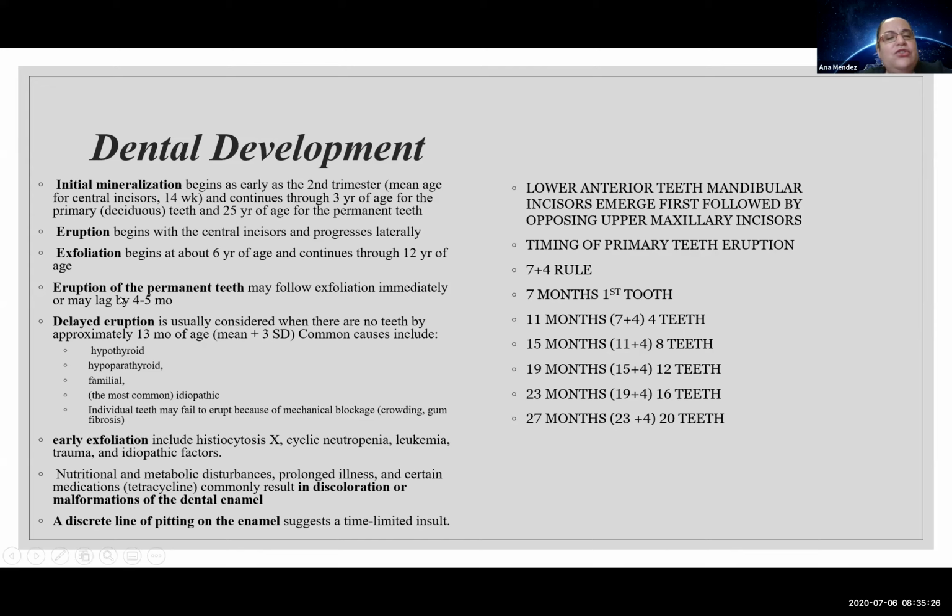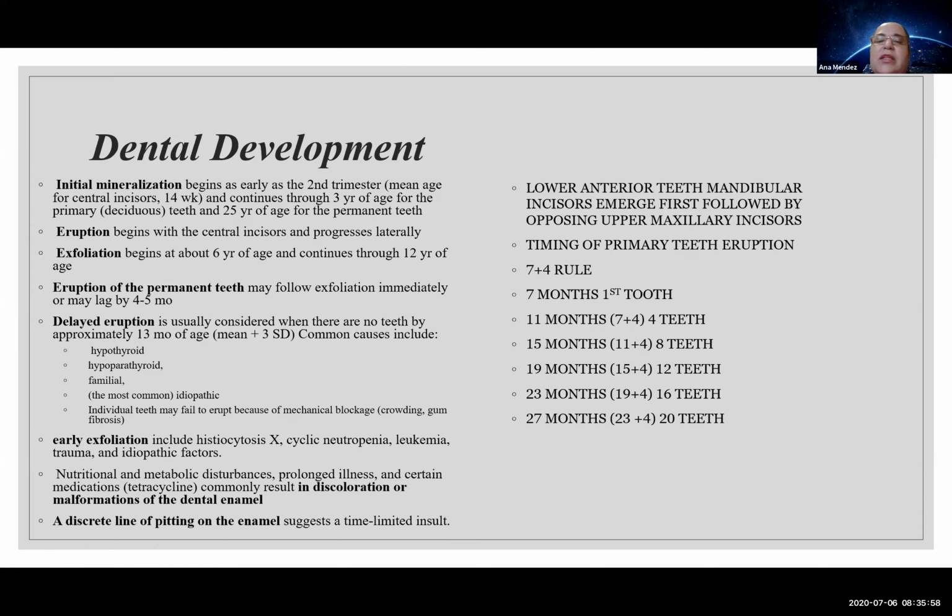Early exfoliation, so having your teeth come out before the age of 6, of the primary teeth, includes entities such as histiocytosis X, cyclic neutropenia, leukemia, trauma, and idiopathic factors. Nutritional and metabolic disturbances, prolonged illness, and certain medications like tetracycline commonly result in discoloration or malformation of dental enamel. So a discrete line or pitting on the enamel suggests a time-limited insult